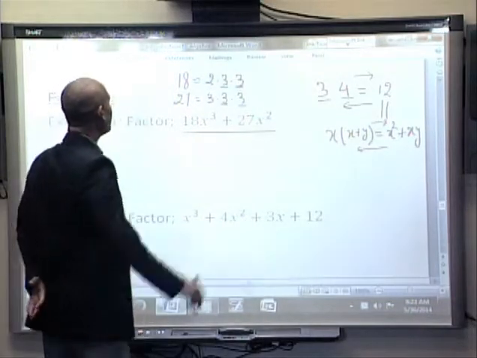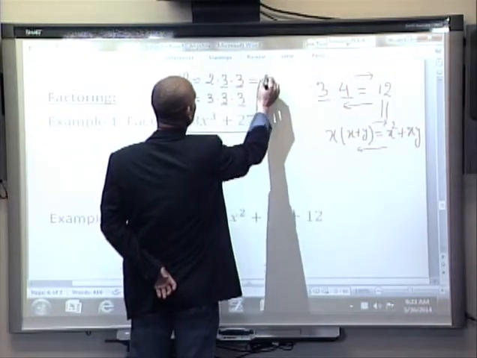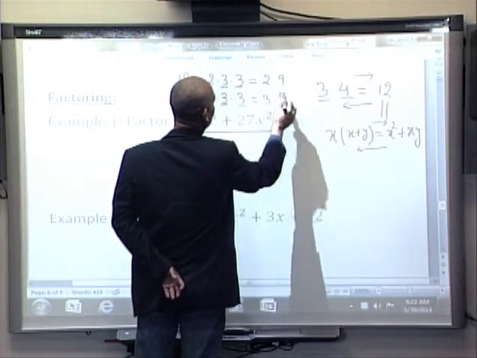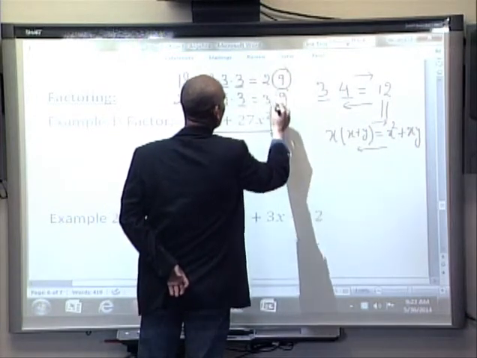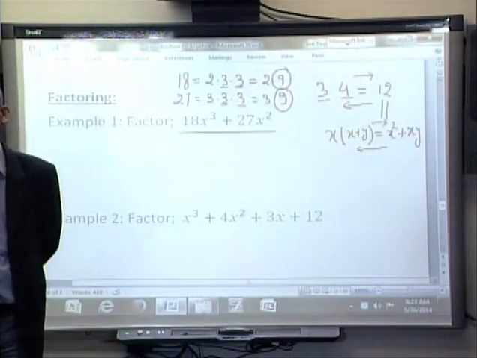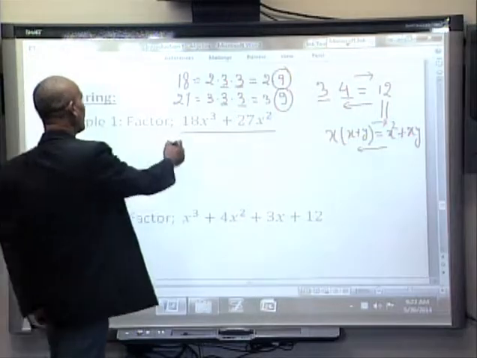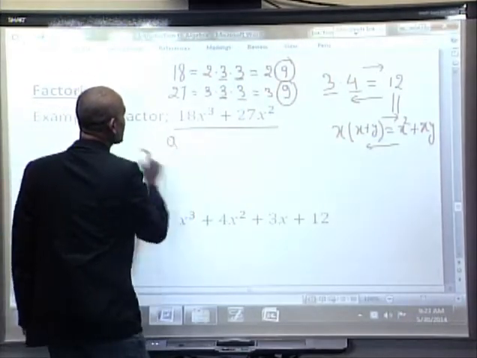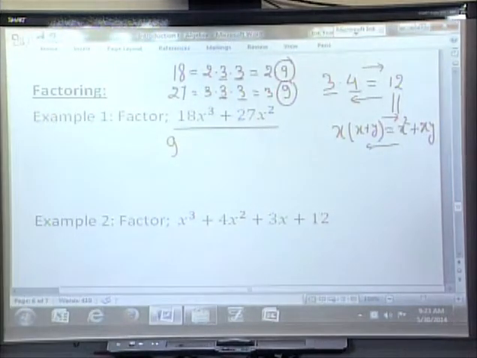So we could have said 18 equals 2 times 9 and 27 equals 3 times 9. You can notice this 9 and 9, that is the greatest common factor of 18 and 27. So in order to factor this algebraic expression, we take out the greatest common factor of the numbers, which is